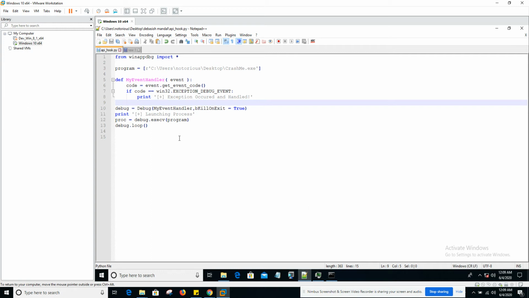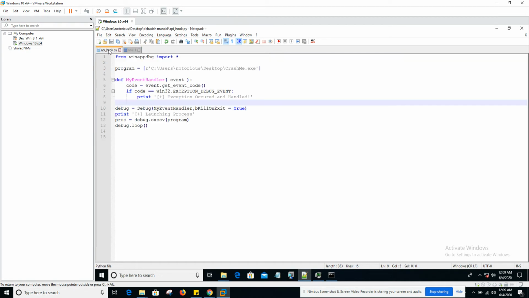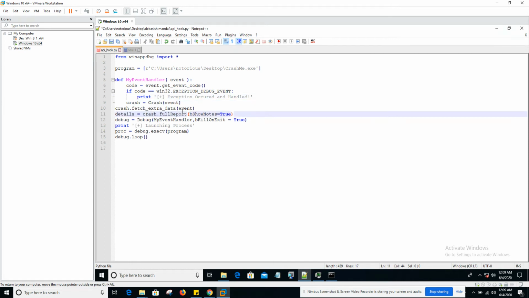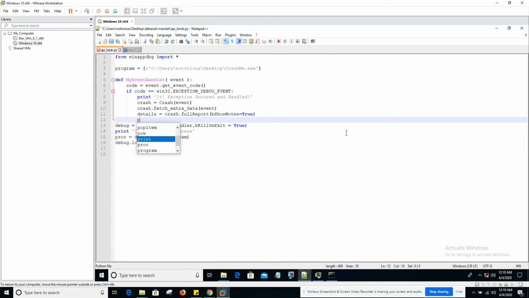Now if you want to get some more information about the crash, what you have to do is, I will just simply copy paste it from here. What we are doing here is, there is a class which is part of WinAppDbg, which is Crash. We are creating a crash object, and after the event has occurred, we are fetching some extra data about that event, and we are generating a full report about that crash. So if you just print it,